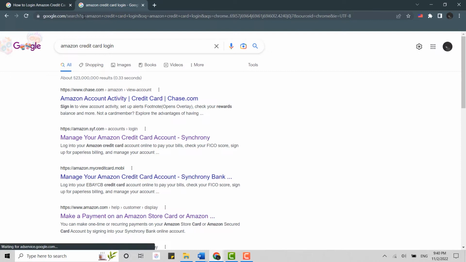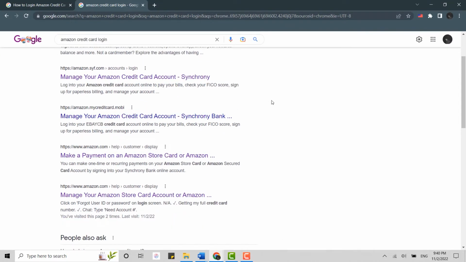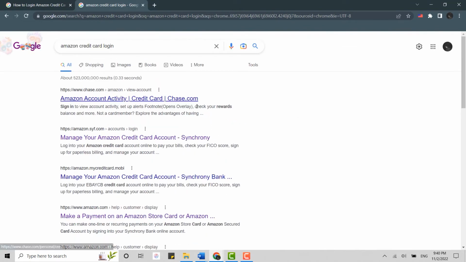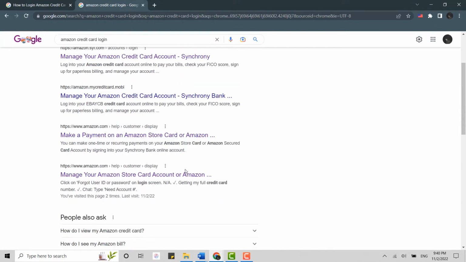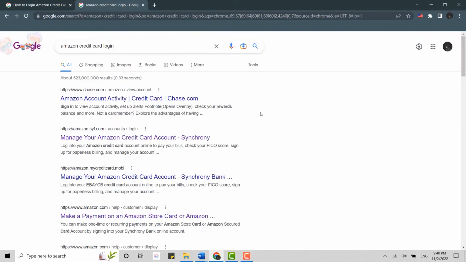So basically you can log in to the credit card of your Amazon account through different banks, that is, the bank account or the credit card that you have of a certain bank. So here you can see on the search result there are different bank options available, that is the Chase Bank, Synchrony Bank and all the other options over here. So from here you need to click upon the link that is related to the credit card or the bank